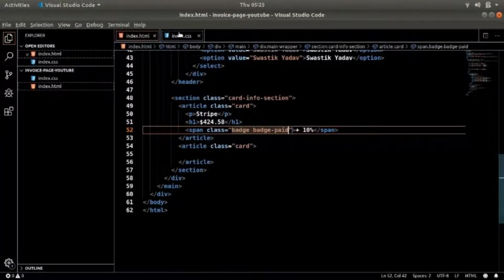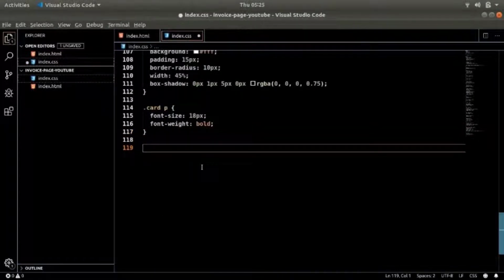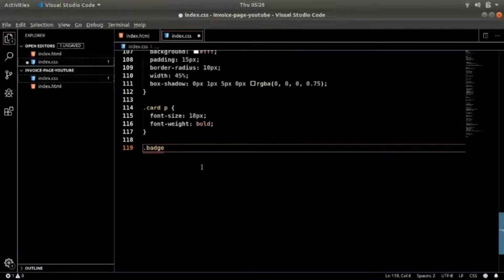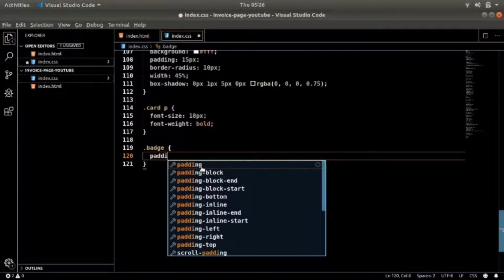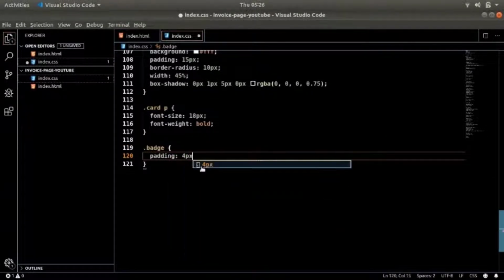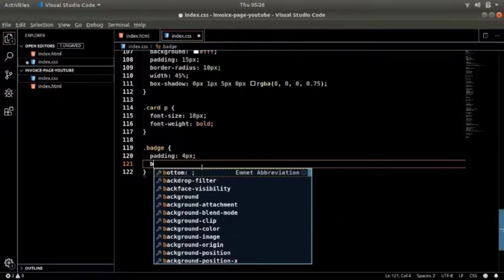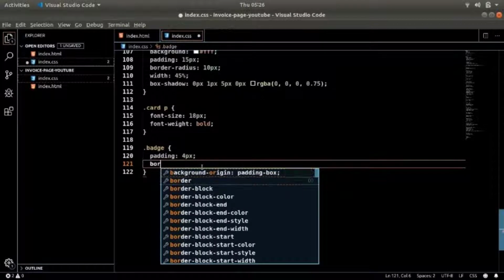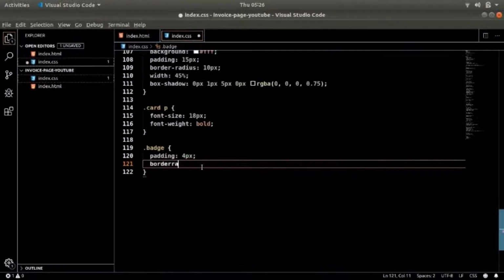Okay, so here what we will do is I will go with the dot badge, and I will give it a padding of 4 pixels and a border radius of 5 pixels, and that's it. That's for the badge.